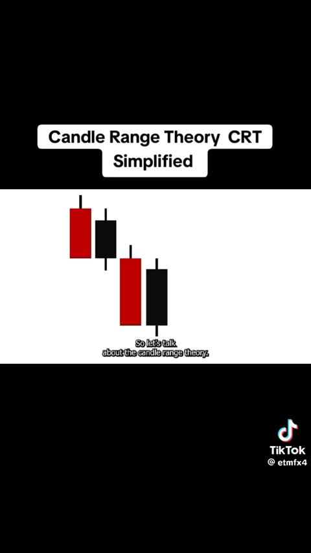So let's talk about the candle range theory. As you can see, you have a bullish candle, and understand you'll be working within this candle. The range will be formed in this candle by marking up your low and your high. And what does this candle represent on the lower time frames? This is simply a swing low and swing high. So the low of the candle here is your swing low, and the top of your candle is your swing